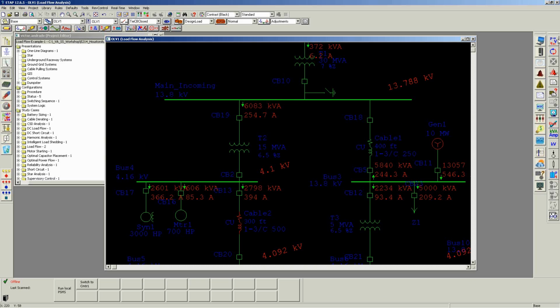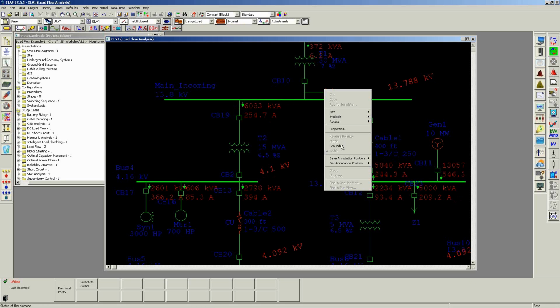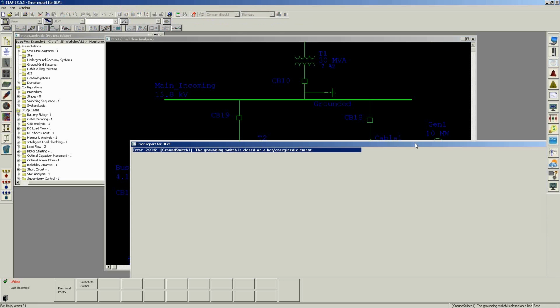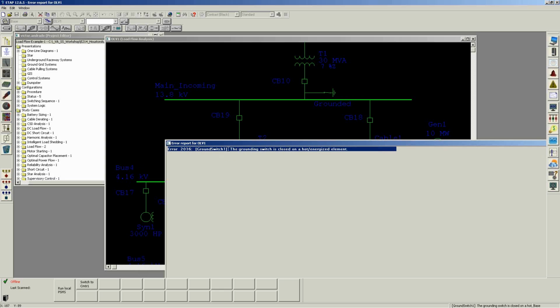The operator could then very simply check, for example, before closing in that ground, they would perform the simulation in ETAP, and ETAP will automatically give the operator any alerts or warnings. In this case, the grounding switch is closed on a hot or energized element, before actually performing the actual